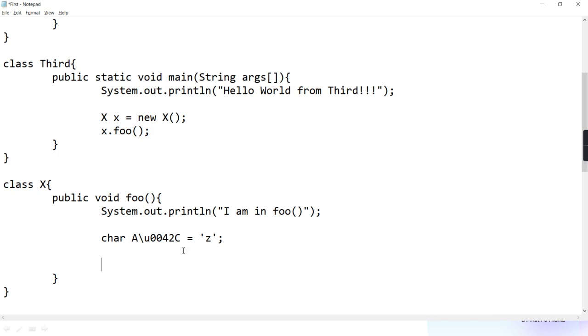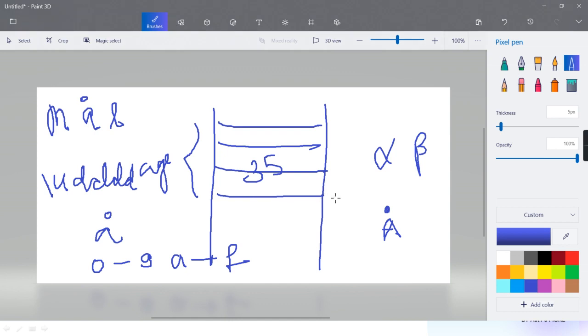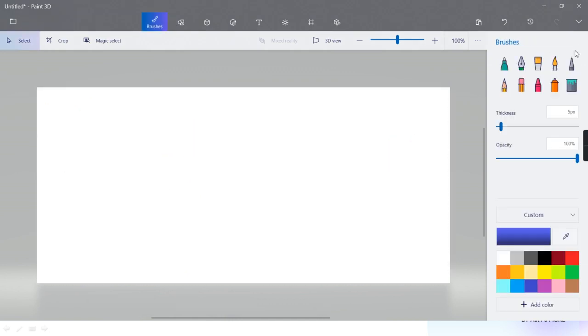Can anyone tell me? Now just remember, 42 is the hexadecimal of capital B's Unicode. Remember, in Unicode your normal ASCII characters also come. 0 to 127 will be your normal ASCII characters, like 0 to 9, A to F, small a to f, some special symbols.